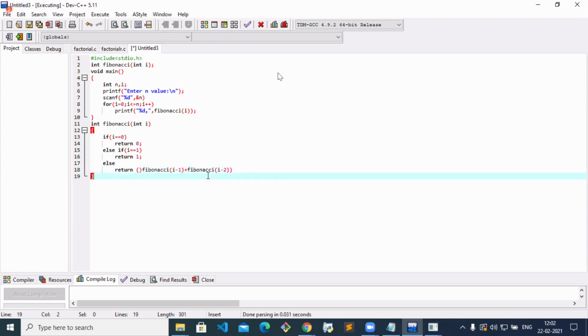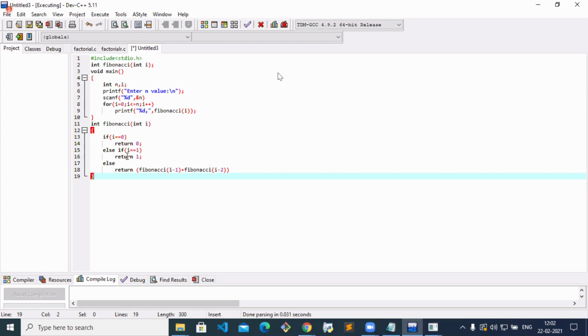Am I clear, ma'am? Okay, let's see what we are doing. In main, printf enter n value. I'm giving 5. For i from 0 while i is less than or equal to 5, Fibonacci of first 0 I'm passing here, so return 0. It will print the 0. Next, i equals 1, it will print 1.